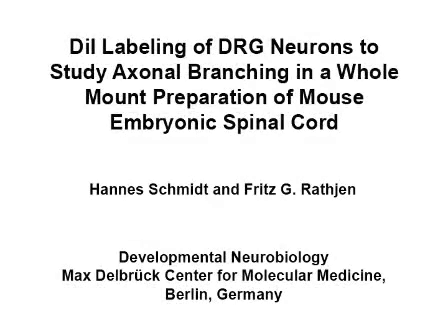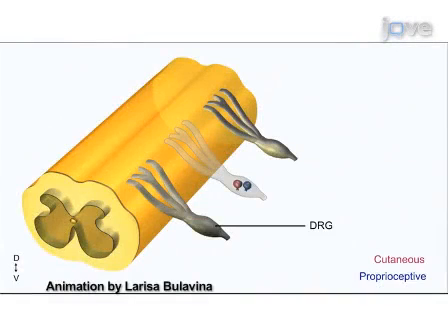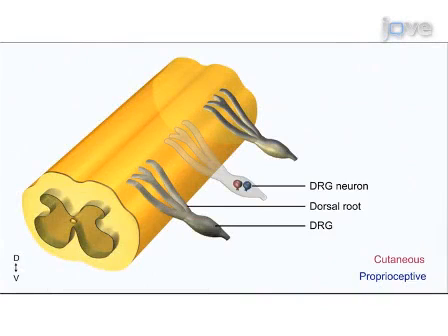The overall goal of this procedure is to visualize the branching patterns of individual axons of DRG neurons in a whole mount preparation of mouse embryonic spinal cord in order to identify molecules involved in axonal branching. The projections of DRG neurons into the mouse spinal cord offer a simple, easily accessible experimental system to study axonal